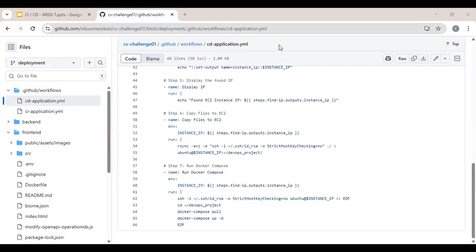rm -rf .git to remove the Git repo. It's a very sensitive command, so be very careful. You're going to remove my own Git repo, you get? You can check in the comment section. You're going to remove it, then you reinitialize Git and push.